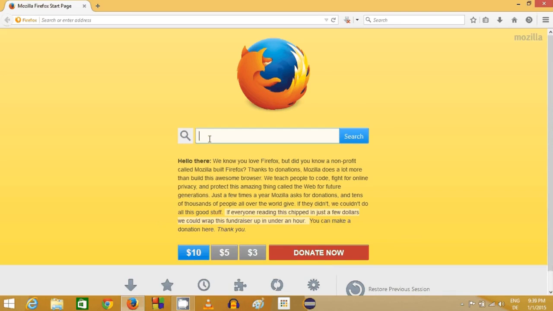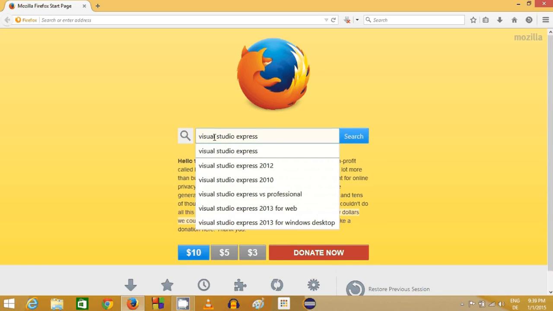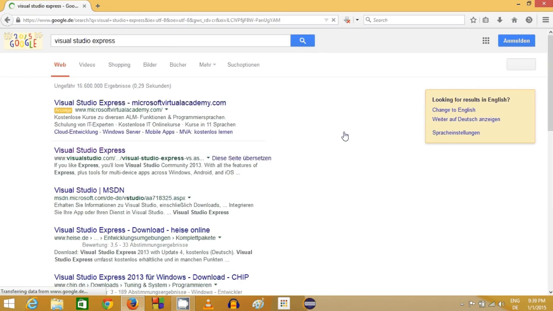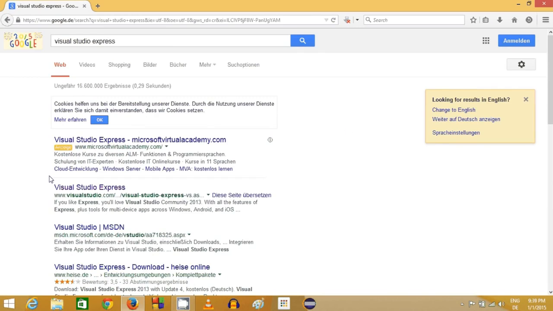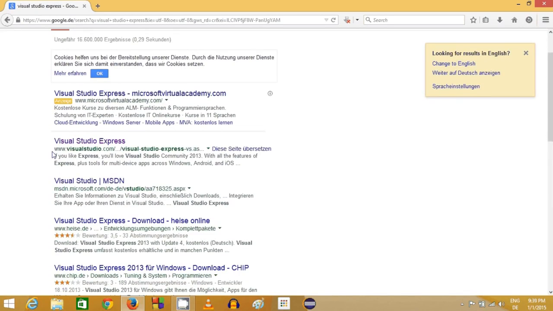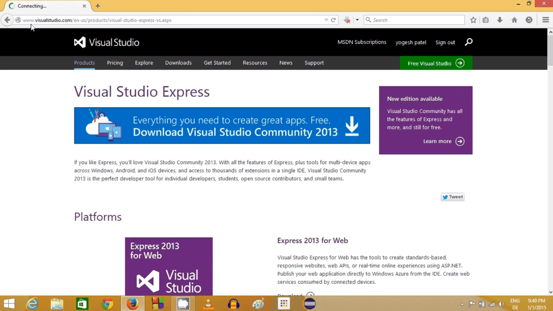Visual Studio Express is free for us, and we can download it freely. So go to your favorite browser and search for Visual Studio Express. The first link most probably will come from www.visualstudio.com/something. So I will go to this website, which is